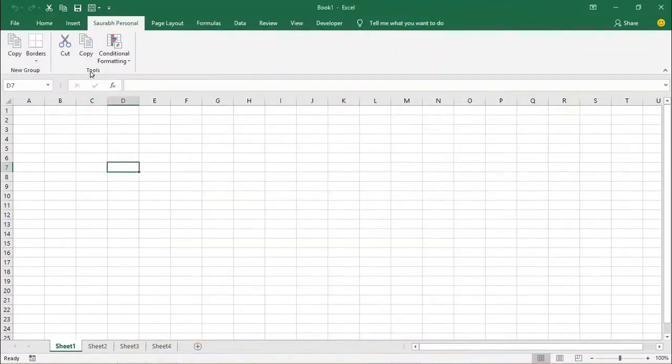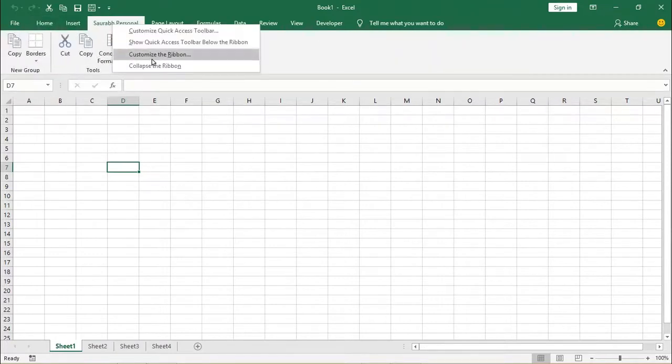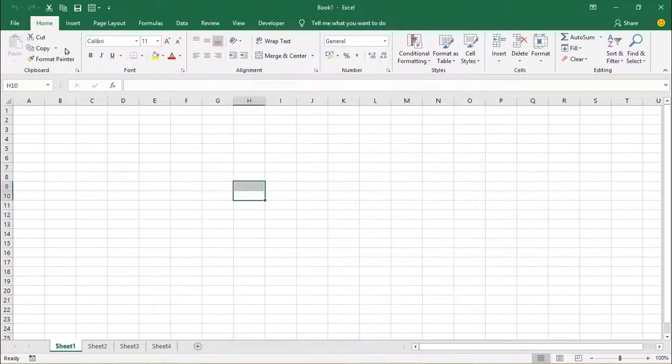You can add it and it will appear, so you can see that new group has appeared over here. So this is something which you can customize accordingly, and you can create a lot of groups out of this. Now you can remove this as well. Again, you'll right click on this, you'll go over here and you'll click OK, and that tool is gone